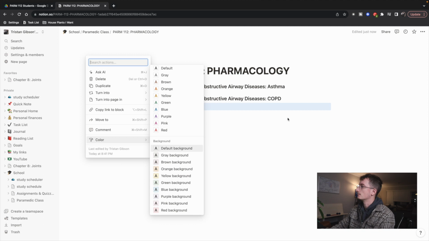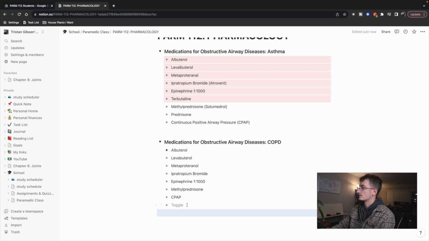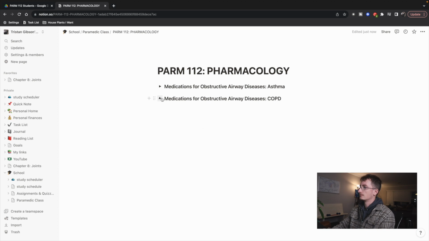A lot of the same medications, we'll take a look here real quick. A lot of the medications are the same for CPAP or for COPD and asthma. So albuterol, levalbuterol, metaproterenol, ipratropium, epi, methylprednisone, and CPAP. You don't have terbutaline and you do have methylprednisone. You don't have prednisone for COPD. I don't know why. I'm actually going to